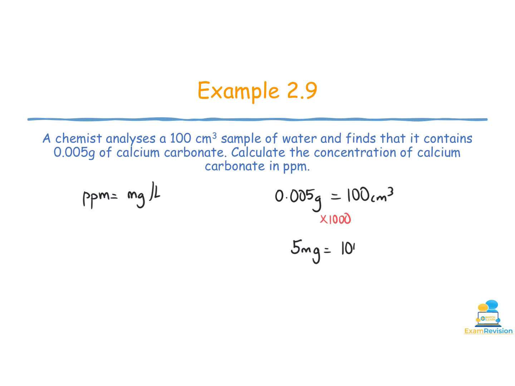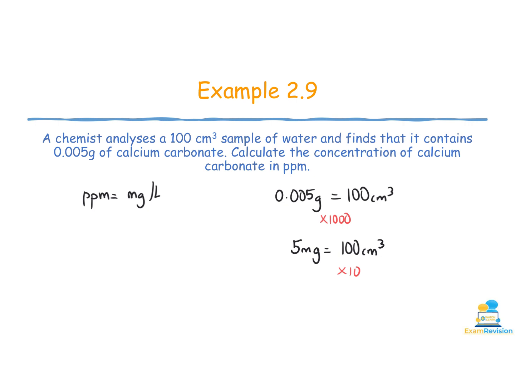in 100 centimetres cubed. Checking what we have now, we need it to be in milligrams per litre. At the moment, I have milligrams per 100 centimetres cubed. So I'm getting closer to what I need it to be for it to be parts per million. The next thing I need to do is work with this 100 centimetres cubed. I need it to be in litres, and there is 1,000 centimetres cubed in a litre. So all I need to do is multiply both sides by 10 to get it in 1,000